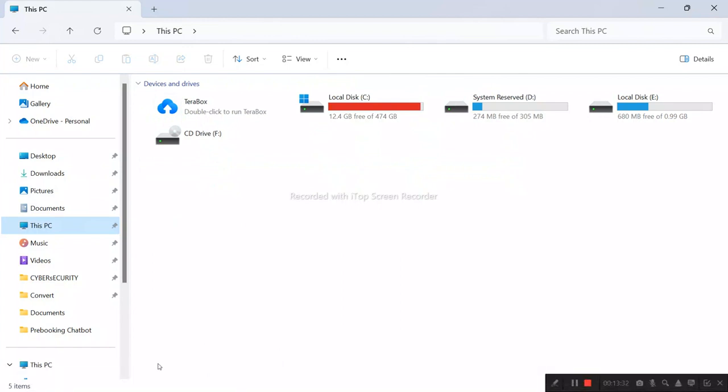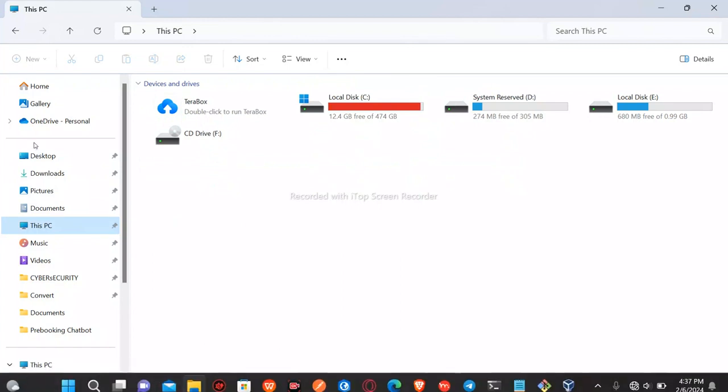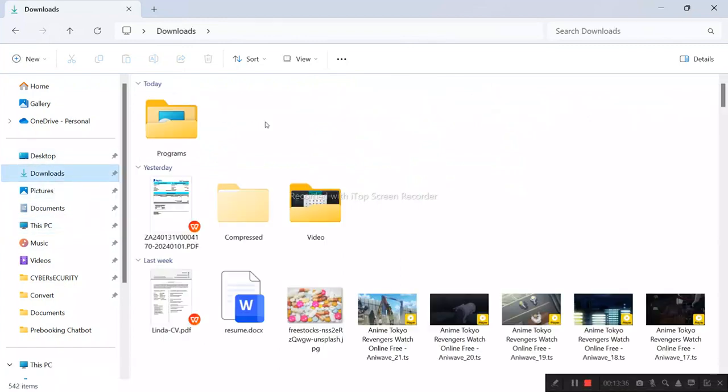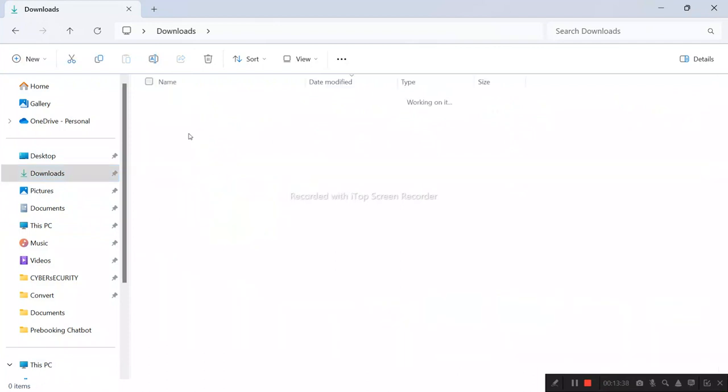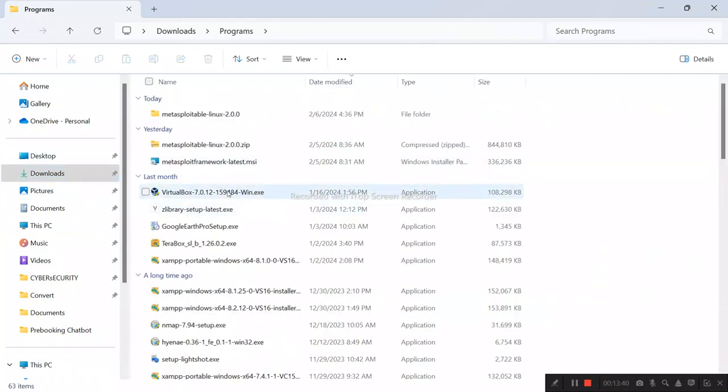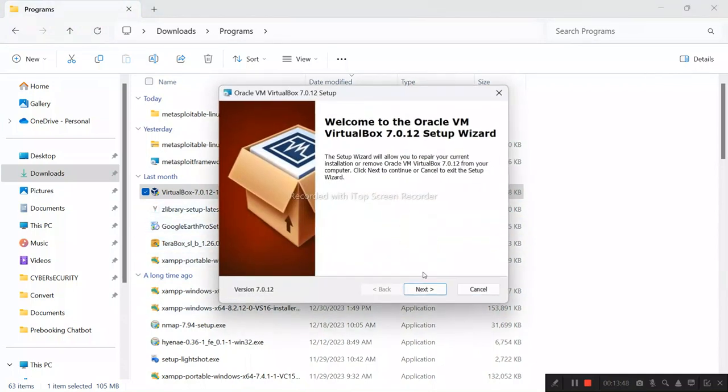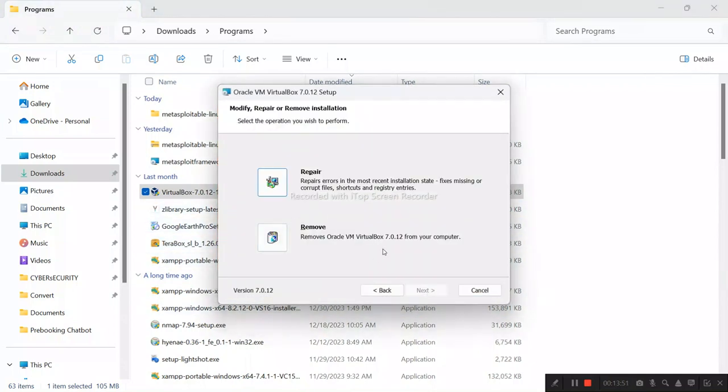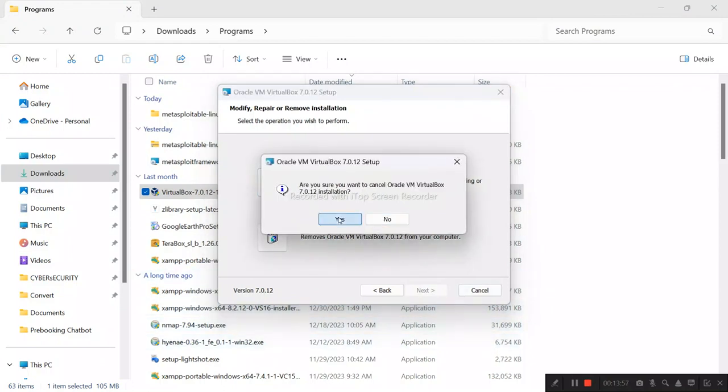So in order to actually set this up, please make sure you have VirtualBox installed. So I'll show you right now. Just double click on VirtualBox, please, and make sure you install it. Just click on next. As you can see, it's telling me to repair or remove. Just do next until it's done. And then after you are done,